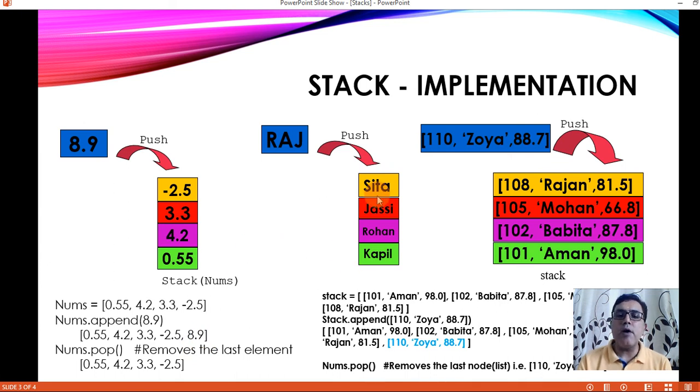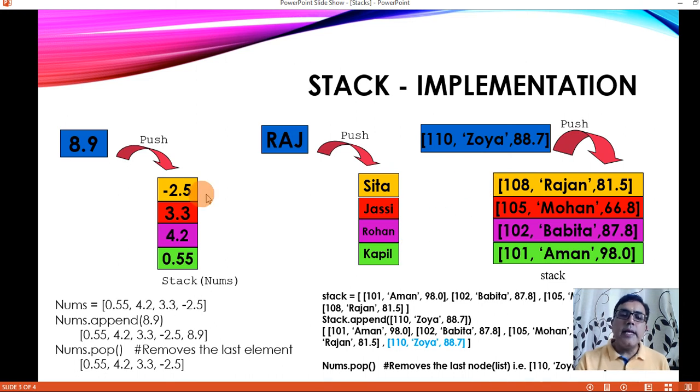Similarly, you can implement a stack of strings, that means a stack of names, or you can have a stack of lists also. So this stack is actually a list of lists. There are individual lists within this stack, which is also implemented as a list. This is known as one node. This is a node, this is a node. So how many nodes are there in the stack? 1, 2, 3, 4 nodes. Then this 5th node is added. These are the individual nodes of the stack.